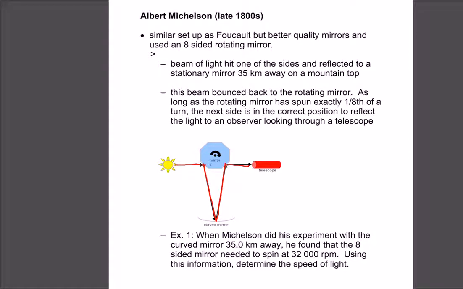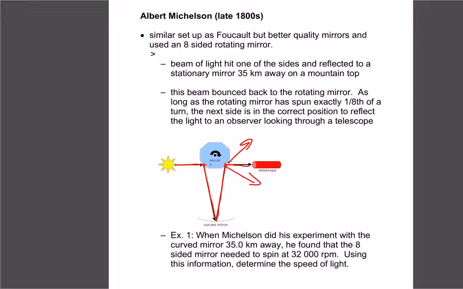And what he did was he figured out that if he could rotate the mirror at the right speed, where it only turned exactly 1/8 of a turn, then he would be able to see the light. If the mirror was going too fast, where it turned too much, the angle would be off and the light would get bounced off. If it went slow enough, the light might go the other way, and so on. So all he had to do basically was get the mirror to rotate at the right speed, and once he did that, then he could get the proper